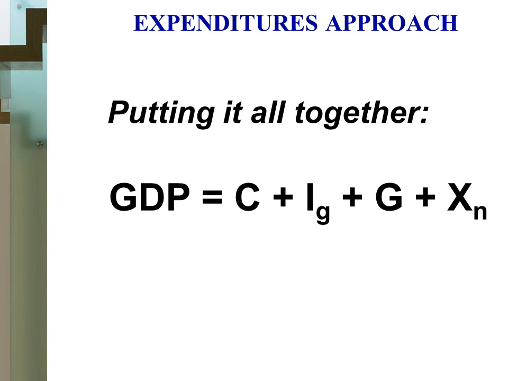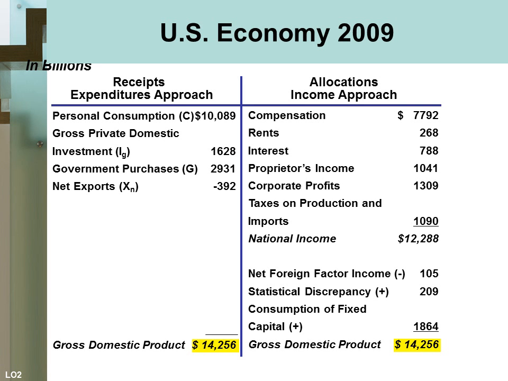All right, so here it is, putting it all together. GDP equals C plus I plus G plus X. C plus I plus G plus X. And that's something you should be very familiar with. At this point, you should understand what we mean by C plus I plus G plus X, the expenditures approach to gross domestic product. All right, so on the left-hand side here, we have in billions of dollars personal consumption